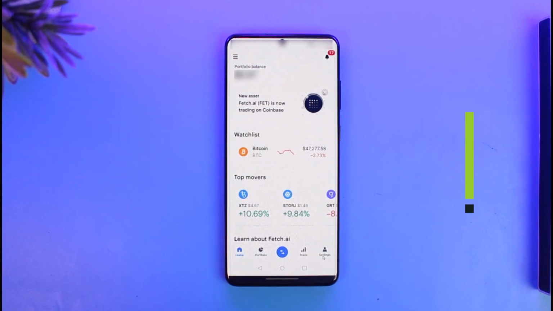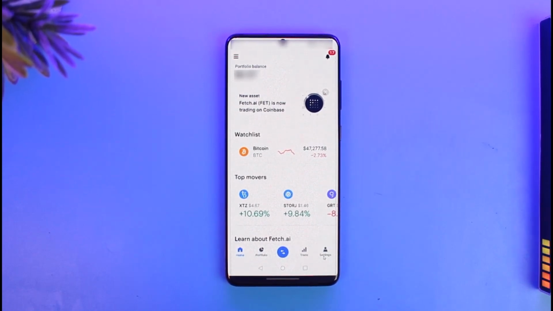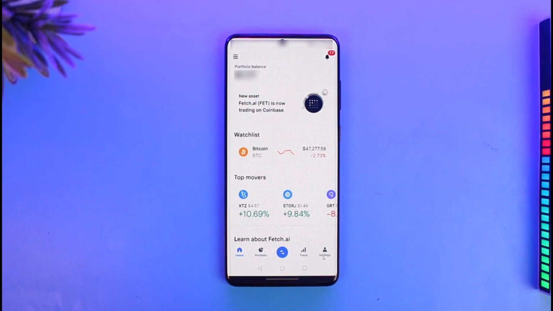So in today's video I'll show you how you can deposit or add money to your Coinbase account. So just make sure to watch this video till the end. In order to deposit or add money to your Coinbase account, first of all you want to make sure you've